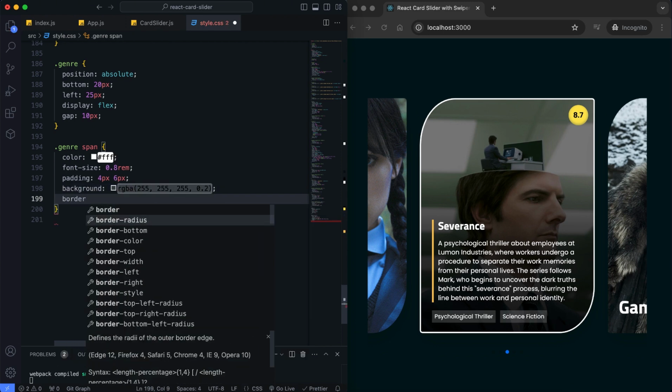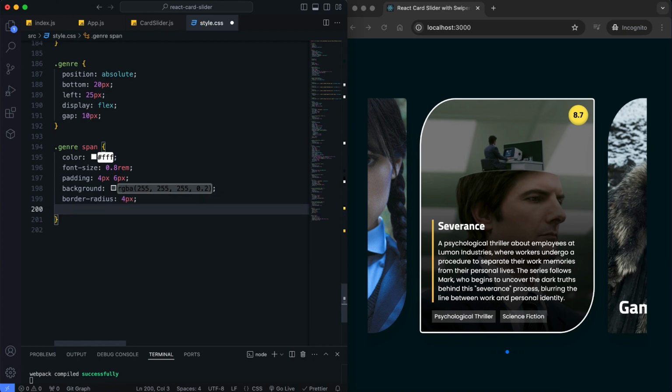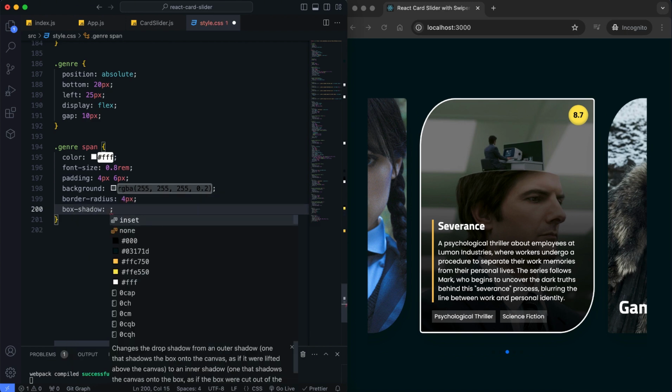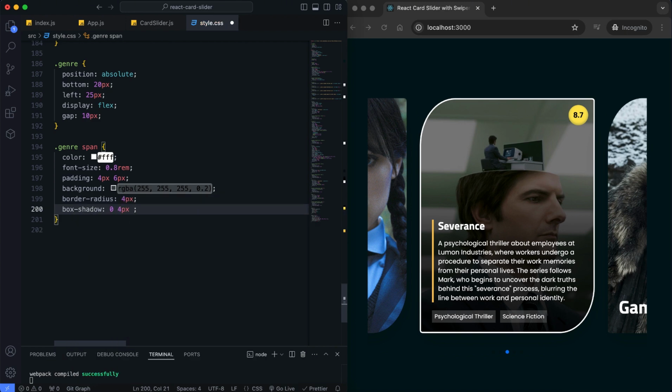Each genre has semi-transparent background and rounded corners. In this way, we visually separate and categorize the genres.